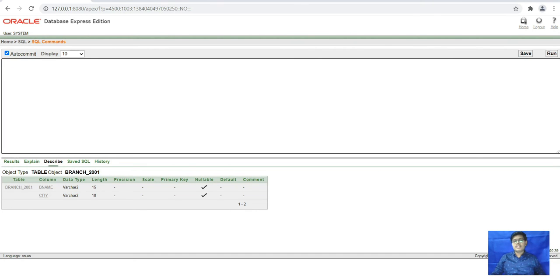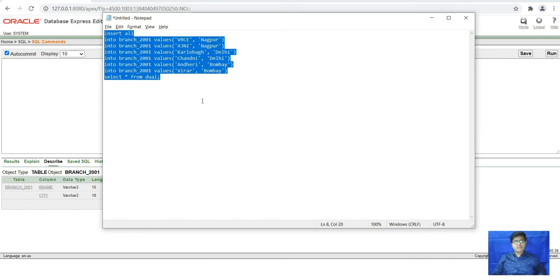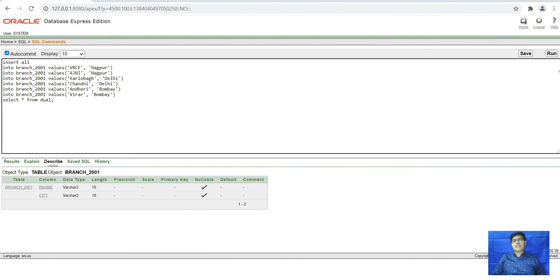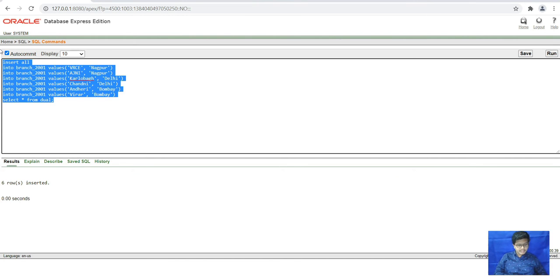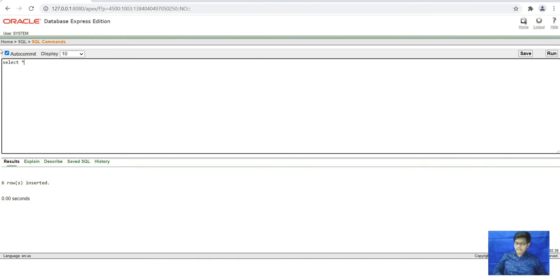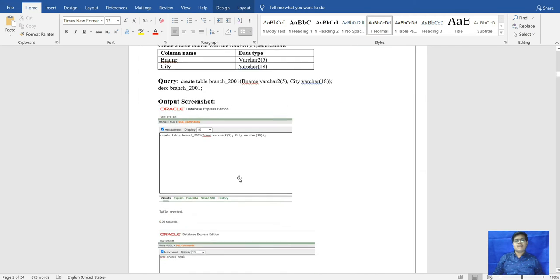Now I will copy this. Let's check. Our table is created now. Yes, our table is created. Select star from branch. Let's check it is present or not. All the details we have inserted in the table, now they are here. After that, we will move to the next.